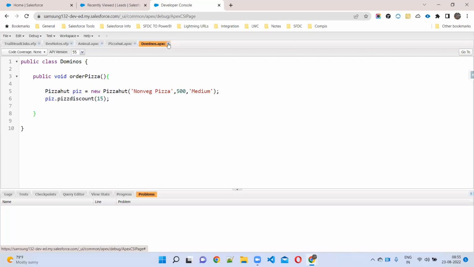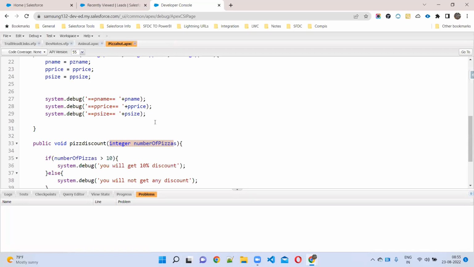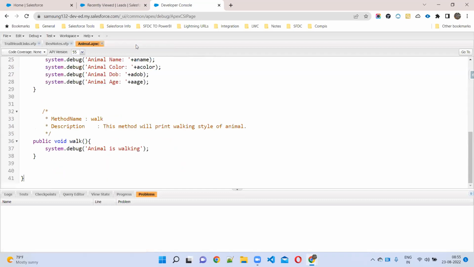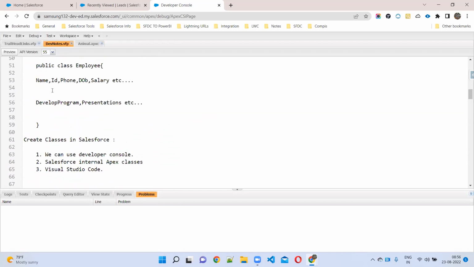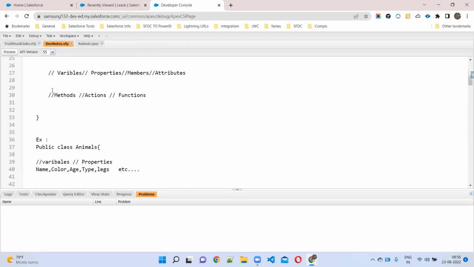Sure. So like this, we have a constructor, without constructor and with constructor, two types you can use. The main purpose of a constructor is, by default, if you want to send default values or to initialize the class members, initializing and allocating some memory. So what else have we covered? Class is done, object is done, constructor is done.